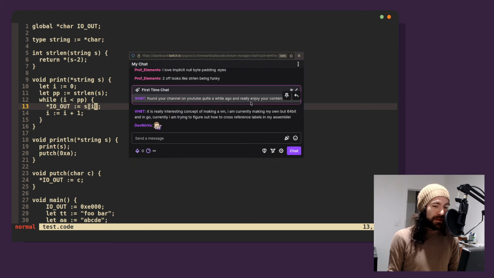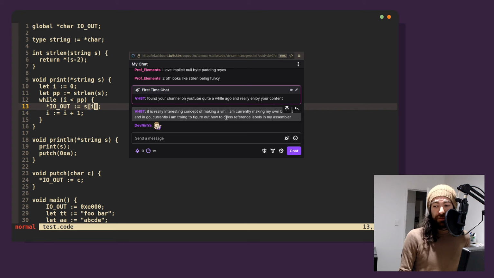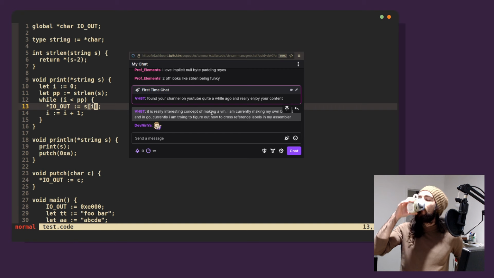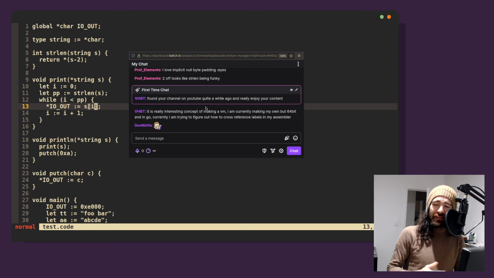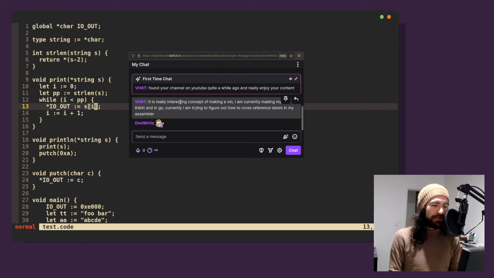Interesting in making a VM. You're making your own 64-bit in Go. Nice. Cross-reference labels in your assembler. Cross-referencing is hard. Do everything in multiple passes. Just defer the resolution of symbols until much later. That is my advice. That's what I've done, and it served me well. It makes things a little bit messy to juggle, but I think that's the less smart approach, and it's extremely battle ready. If you're smarter than me, you make passes a better defined thing that you can add to, and you can imagine like a pipeline. My passes are a bit ad hoc right now. It's all a bit loosey-goosey.